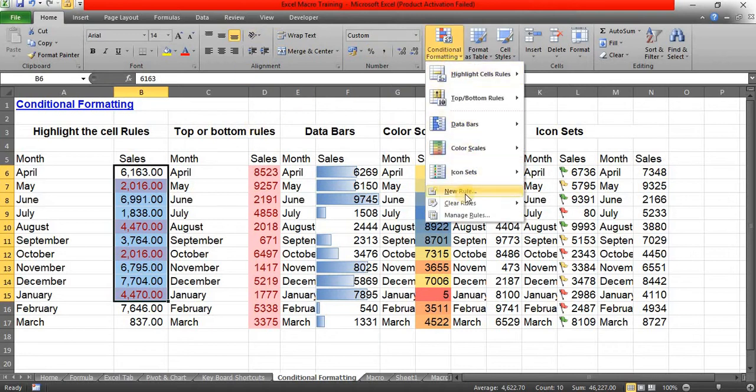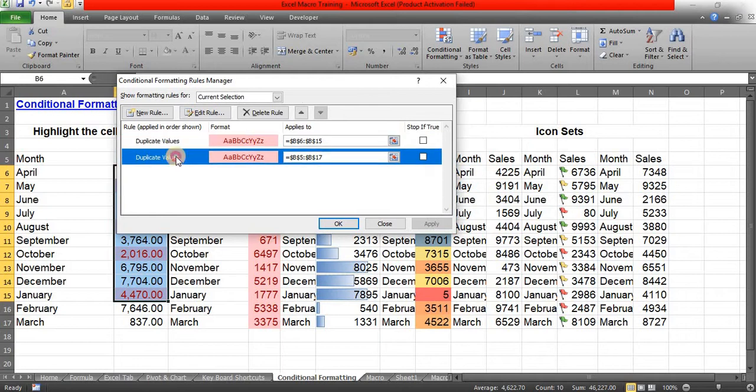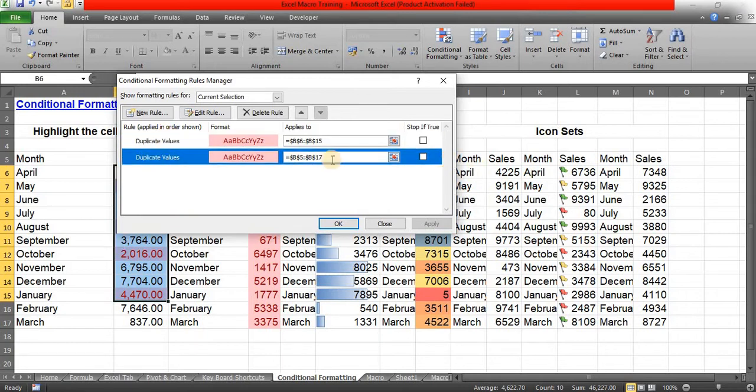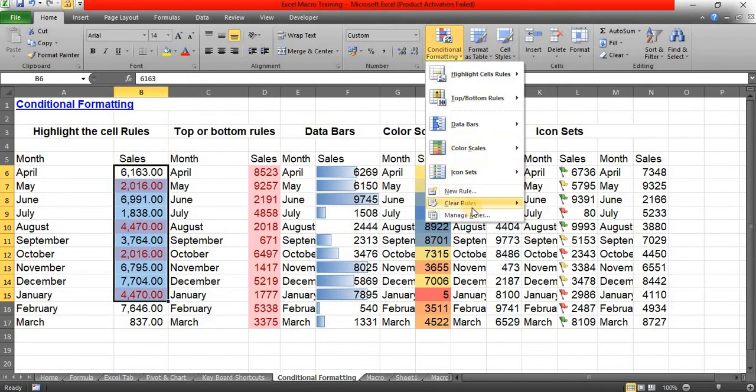I will go to conditional formatting and manage rules. Here you can see, whatever conditional formatting is available in the particular sheet, everything will be displayed under the conditional formatting rules manager. Here you can change any values, or if you want to stop if the value is true, you can do that. Then you can apply anything using this function.